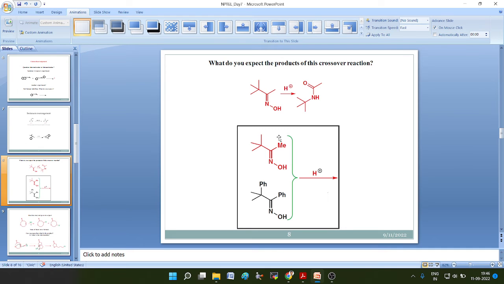It will take time to draw, so I will show it directly. So basically what will happen, since this part, which group is migrating, CMe3? See, if it forms a carbocation, that's a very good stable carbocation actually. And here also the PhCMe2 group is also a very good stable carbocation. So this is the force which gives the